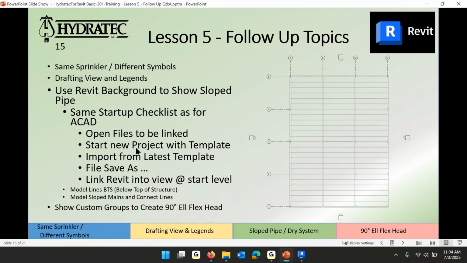Then start a brand new project that has nothing in it. Then import the latest toolbox so that it has the latest pieces and parts that are available. Then do a file save as. So far, you still have a blank project. Then link the Revit model, line your work up with their work, create some views, and you're on your way to modeling a sprinkler system. Creating the views is just a little bit more sophisticated if it's a Revit model,